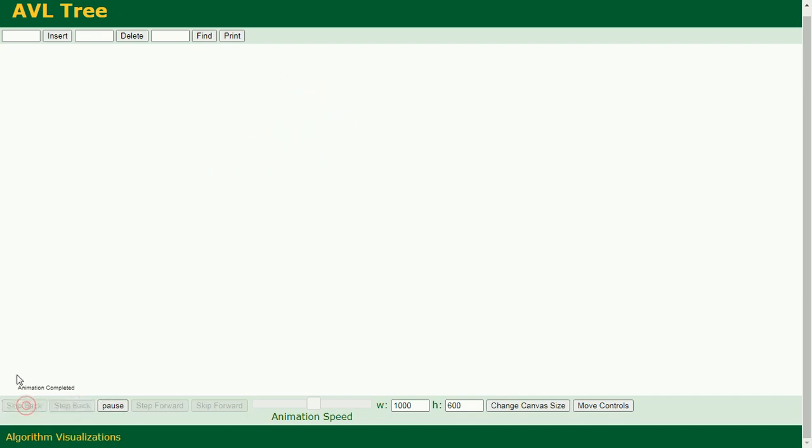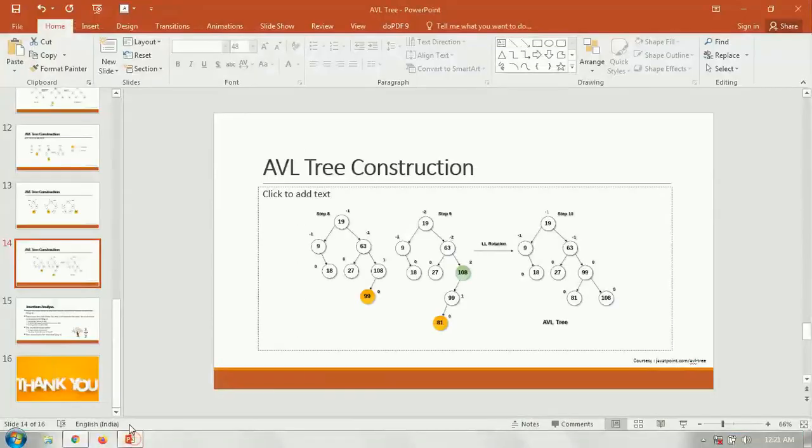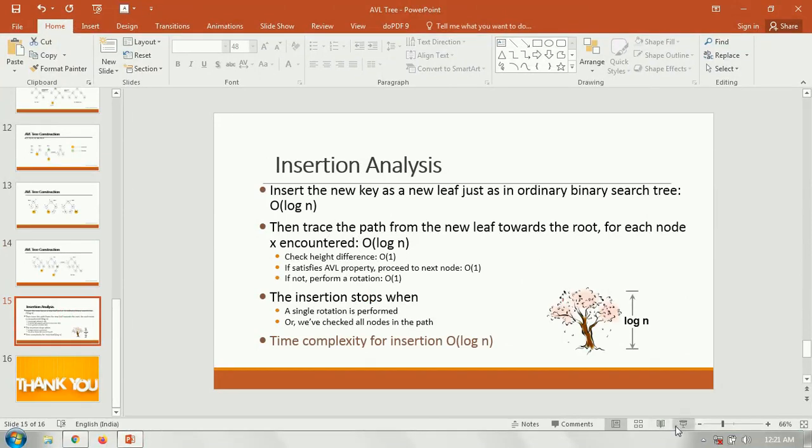we'll try for an RL rotation that has been left. RL rotation would be like 110, 120, and like this way. See here, an RL rotation will be required this way. It is right and the left edge, and the rotation will be like this. Okay, that is an example of an RL rotation. Okay, we'll get to the PPT back and see what are the discussion about the complexities and everything. We have to see it once and then we are okay.